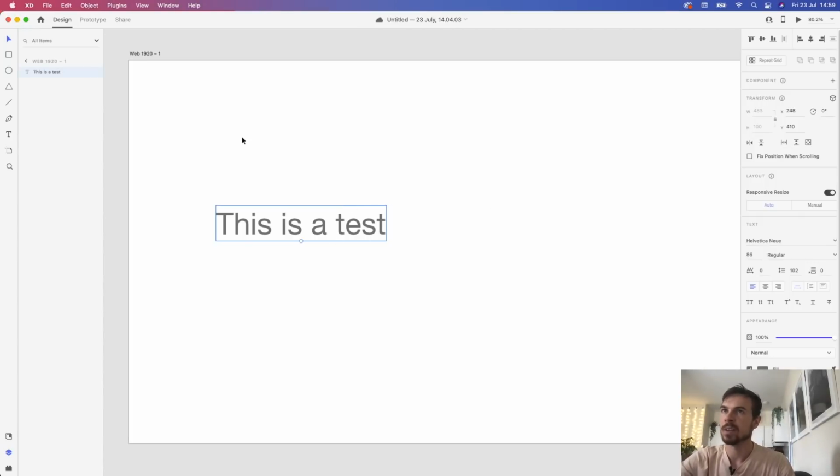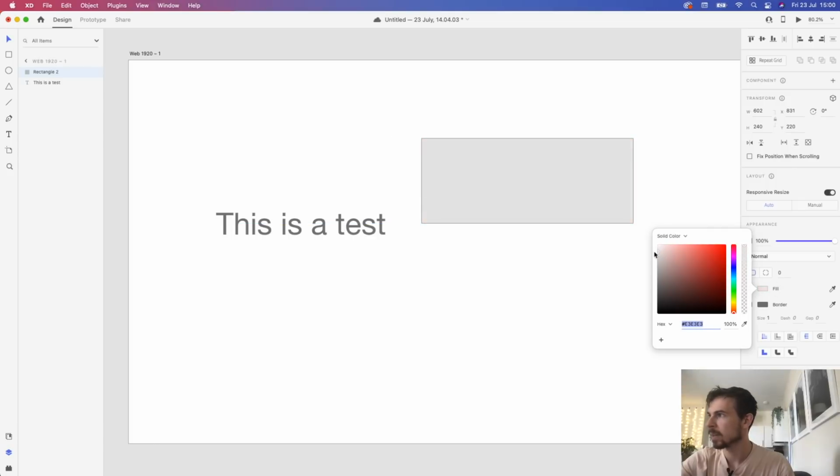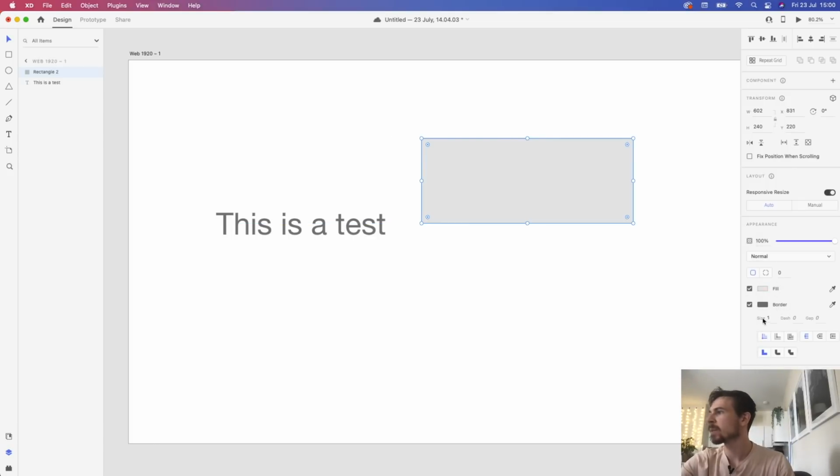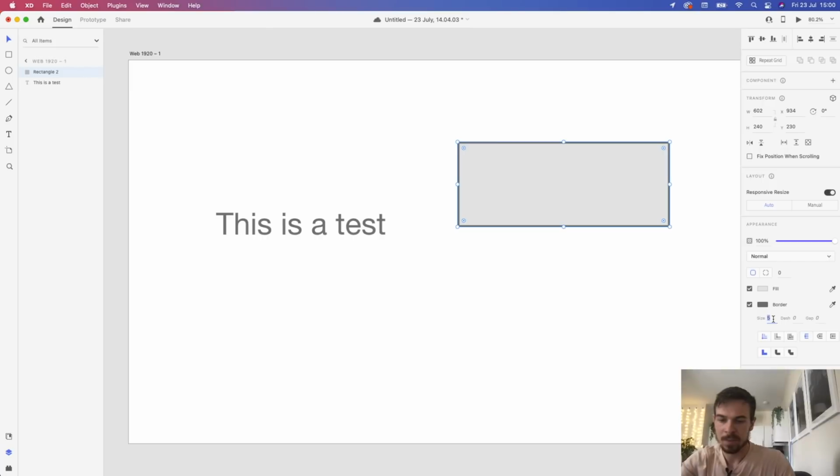Now that's all fine and dandy, but in XD, it doesn't really apply to everything. So for example, if I want to make just a rectangle here like that, I'm going to add a fill to it. Let's just do a light gray like that. Let's say I want to increase the size of this border, right? So you go here to size, but there's no nice way of visualizing this. There's nothing to grab, nothing to slide. So you just have to literally go down here and increase it till you like the way it looks, 20,